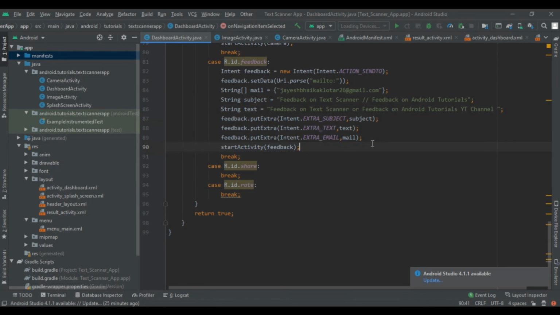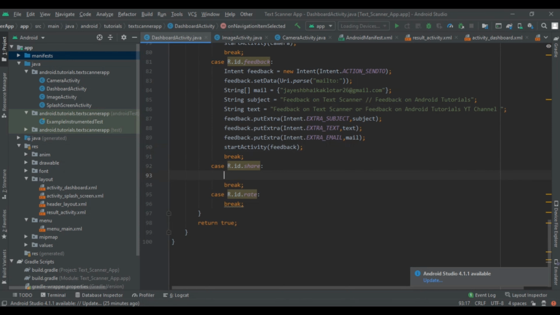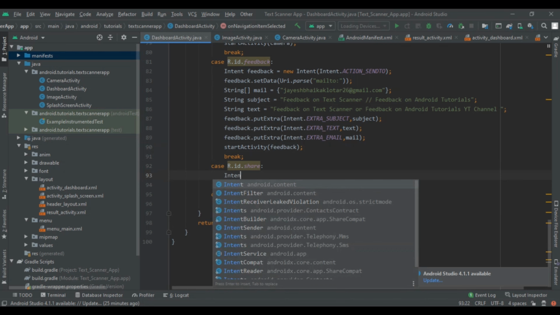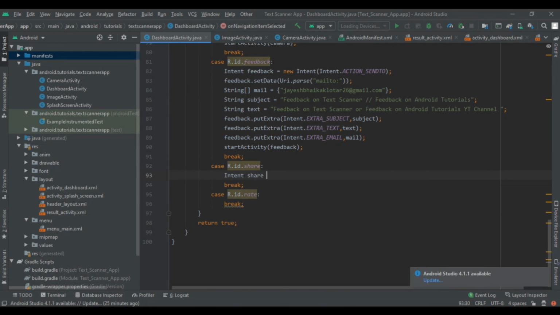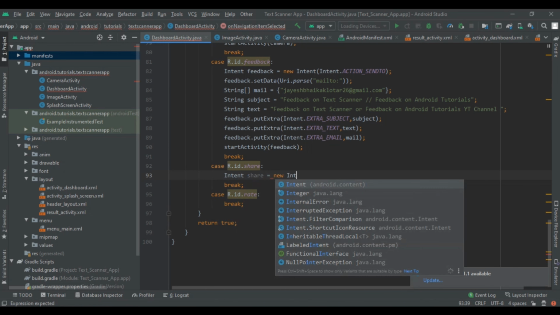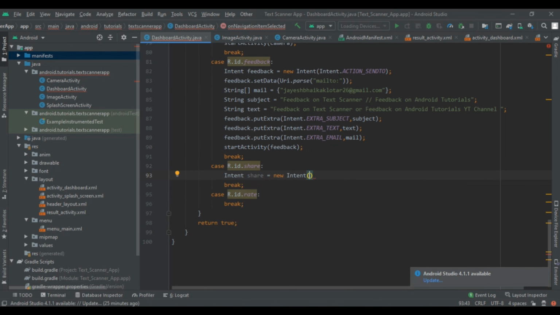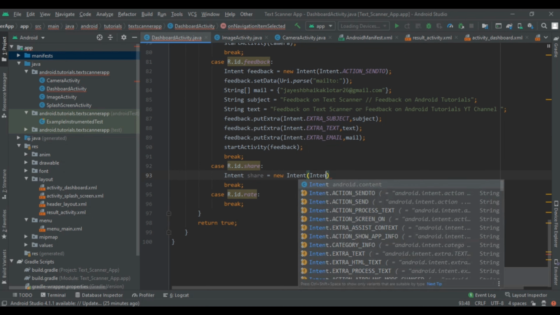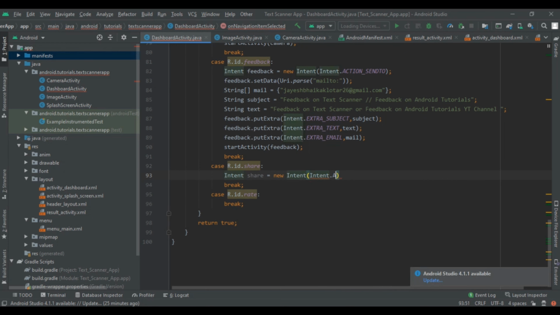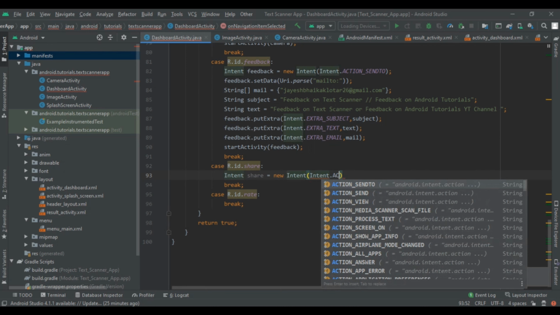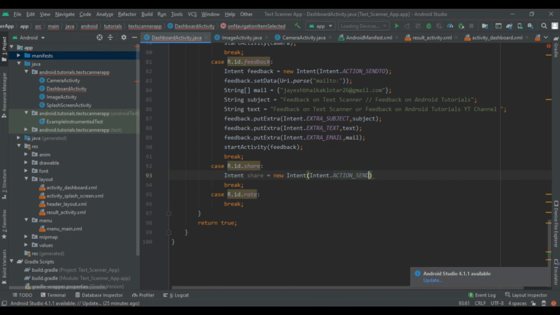Now it's time to implement the sharing functionality. So to share, again we have to write intent share is equal to new intent, and here we have to pass action send. So intent dot action send, and here we have to write the set type.